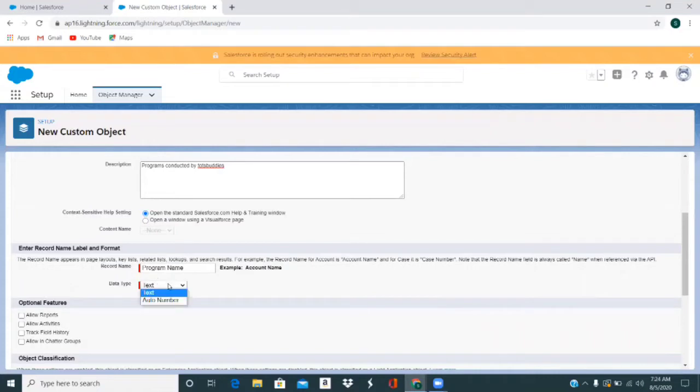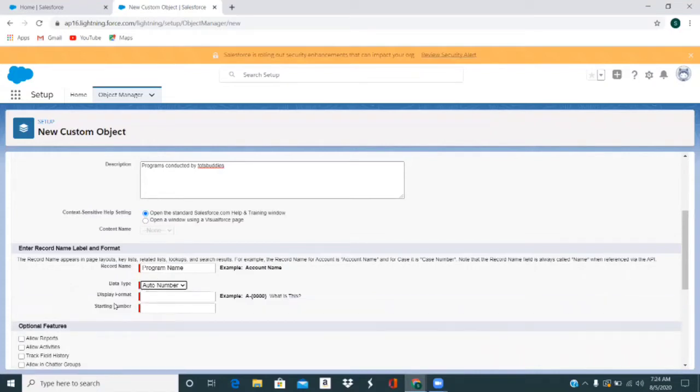If you want to set it as auto number, you will get to say the display format. Okay, you want to display it like P-0001, and you can give the starting number, or any kind of auto-generated number. You can give that display format here, whatever you want to see in your object records.